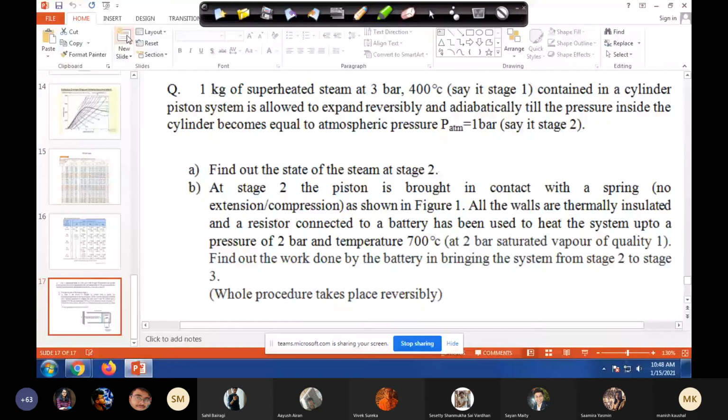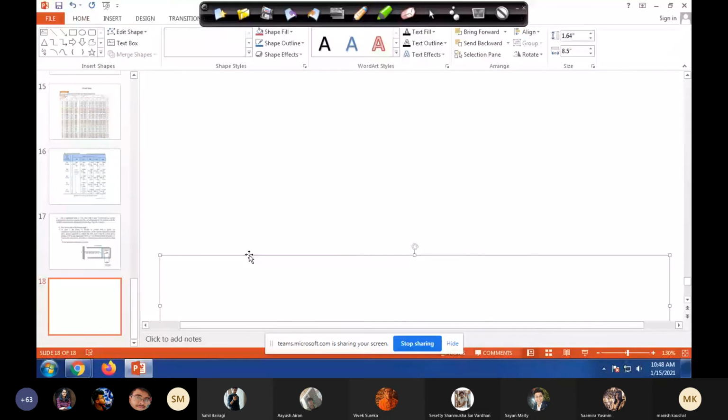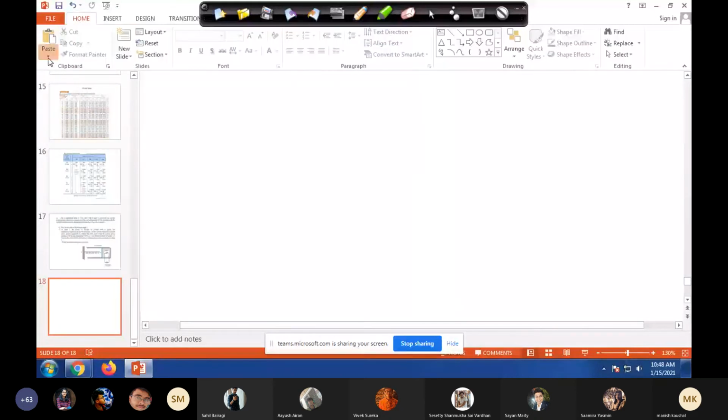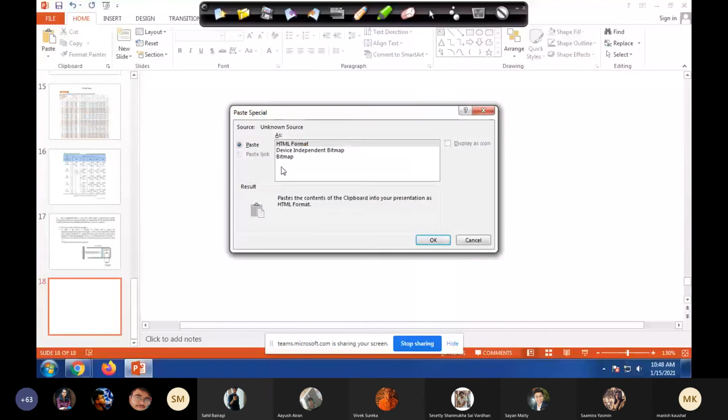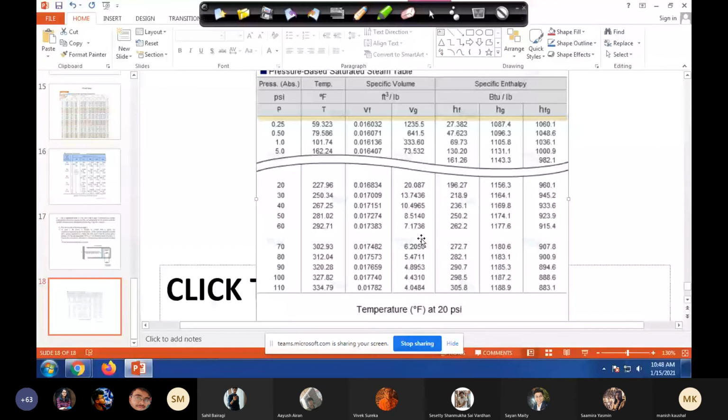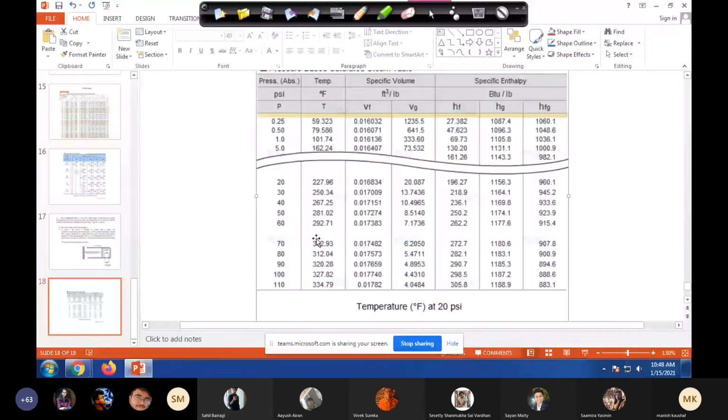But it's better you take some help from some book. In a book, it's given very nicely. On the internet, half of the things are missing. So you see, this is another way to represent it. I hope it's a steam table. It's a saturated steam table. That was superheated. I'll come to that superheated thing.